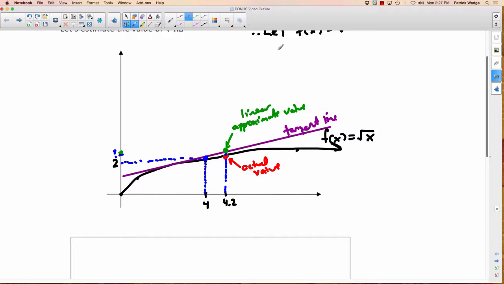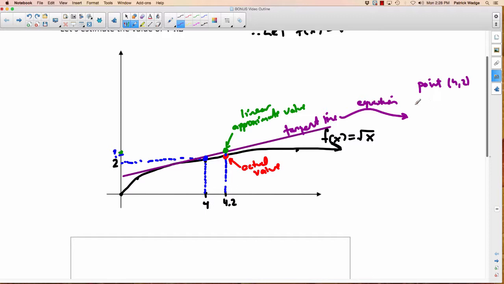So remember, to get the equation of a line, maybe what I'll do here is put an arrow and write equation to show we're getting the equation of the tangent line. And remember, to get the equation of a line, you need a slope. Well, we know how to get the slope of this tangent line. We'll do it in just a second. And we also need a point. So here's what we should use. We should use the point 4, 2, this blue one here, right? That one's on the purple tangent line, and it's also on the black function. So we're going to use the point